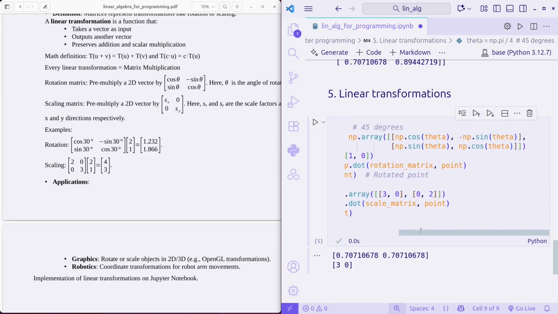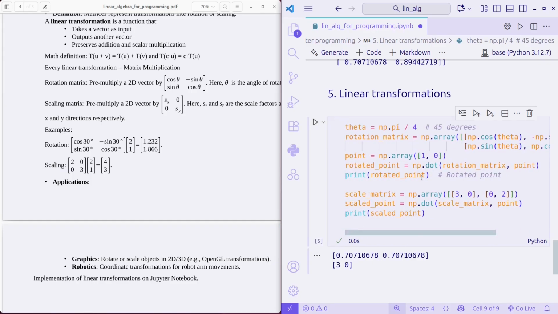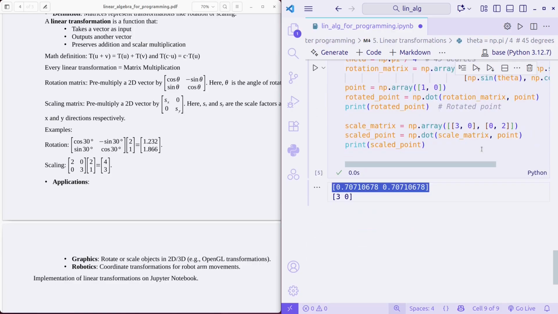So you can see that when I do the rotation, I'm able to turn (1, 0) to the other point. And if I want to do the scaling of the point (1, 0) to another point, I'm able to show (3, 0) as the answer. Okay, so I just turn 1 to 3 and 0 to 0 as well, because the scale factor of 2 along the y direction doesn't affect the 0 coordinate for the y part. Okay,